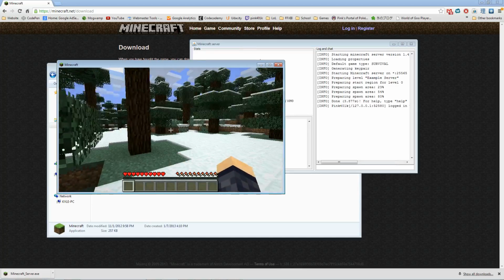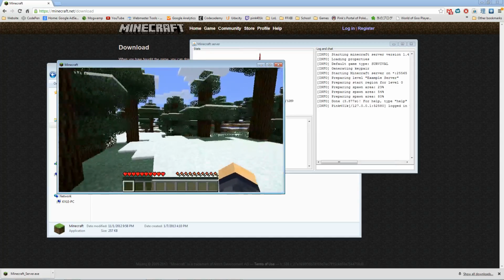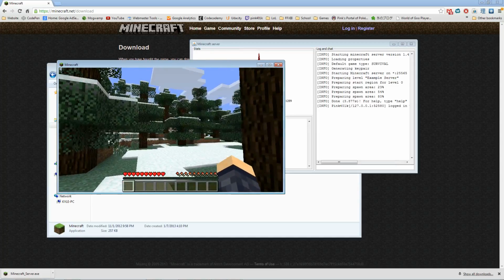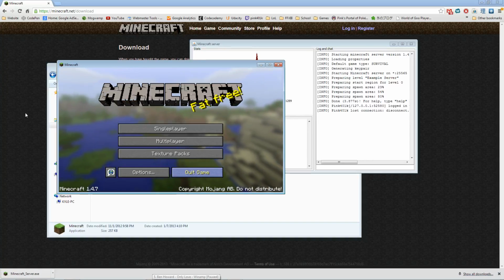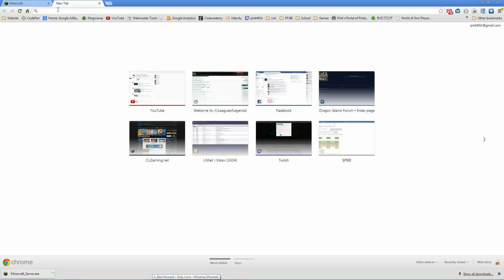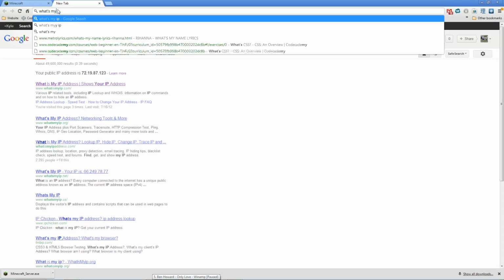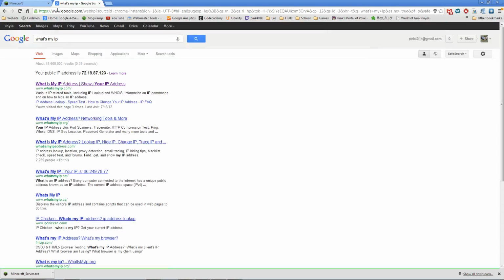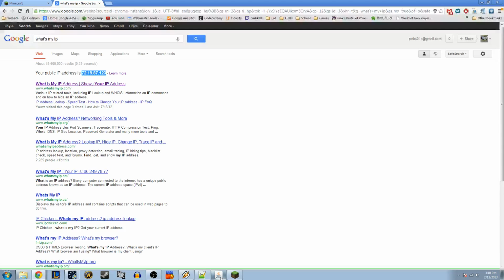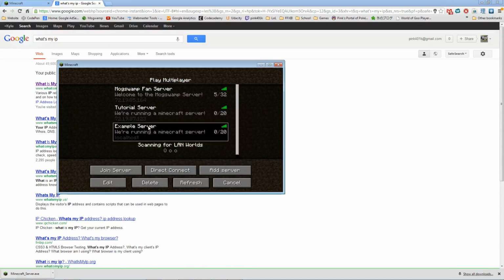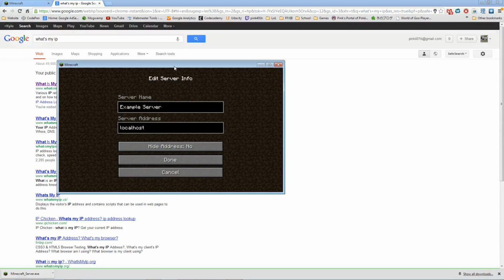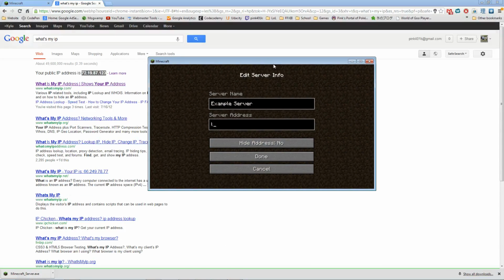Beautiful. It's running. So now we start in a nice, beautiful snow biome. The other way to connect is if you go to Google and you type, what's my IP? It'll give you this, 72.19.87.123. So if you go into Minecraft, go back to multiplayer and edit, we're going to do